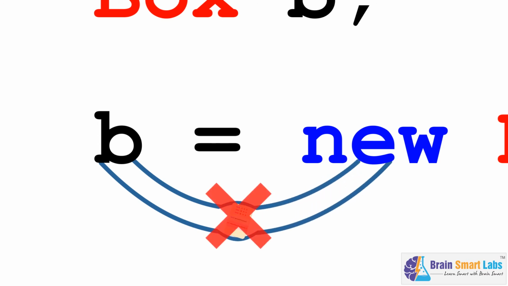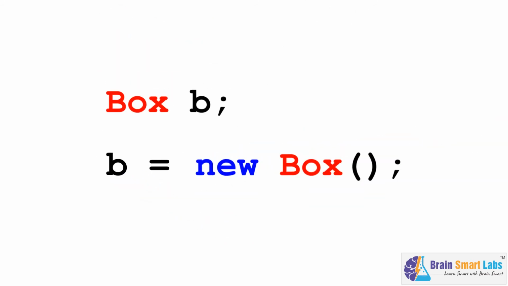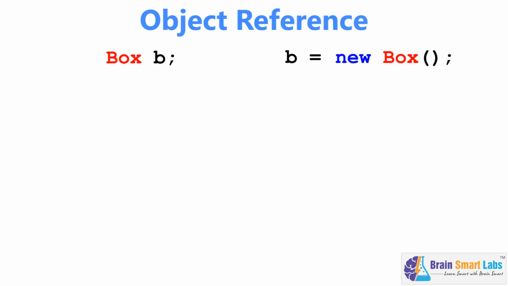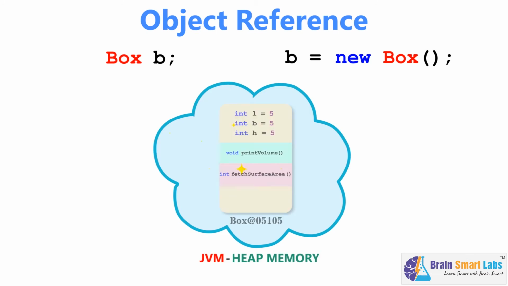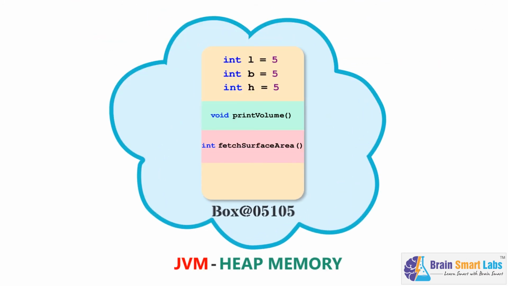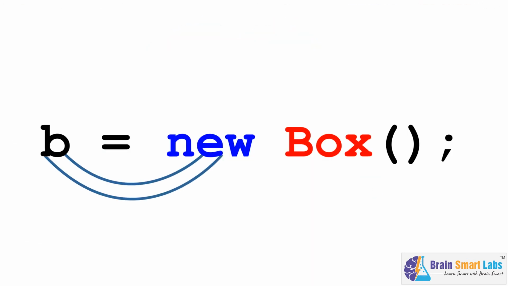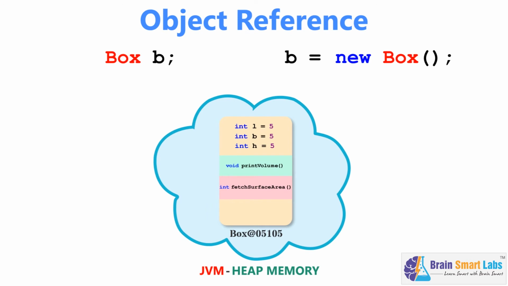This is completely wrong, as it is practically impossible for the JVM to transfer such bulky objects inside this 2 bytes of memory. Objects in Java are always created in the heap memory. The memory address where the object is located will be transferred to variable b after the creation of our object. And so, as the variable b holds the address of the current Box object, it will start referring to the same object present inside the heap memory inside our JVM.